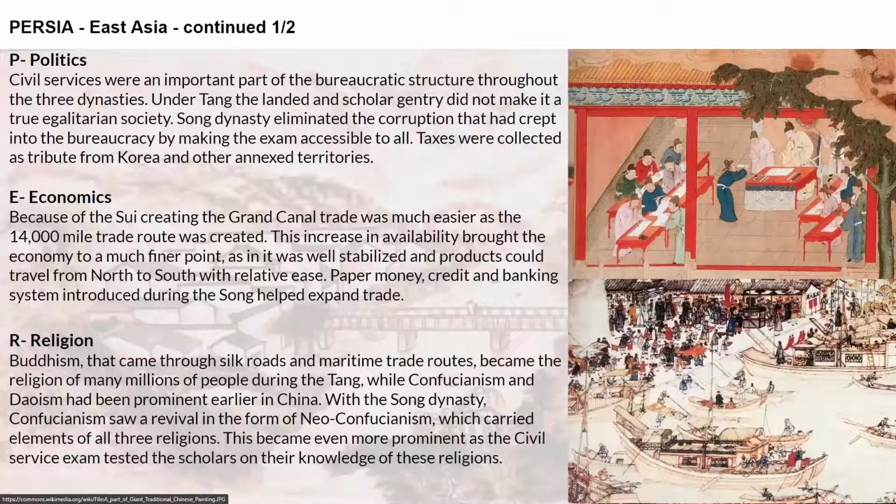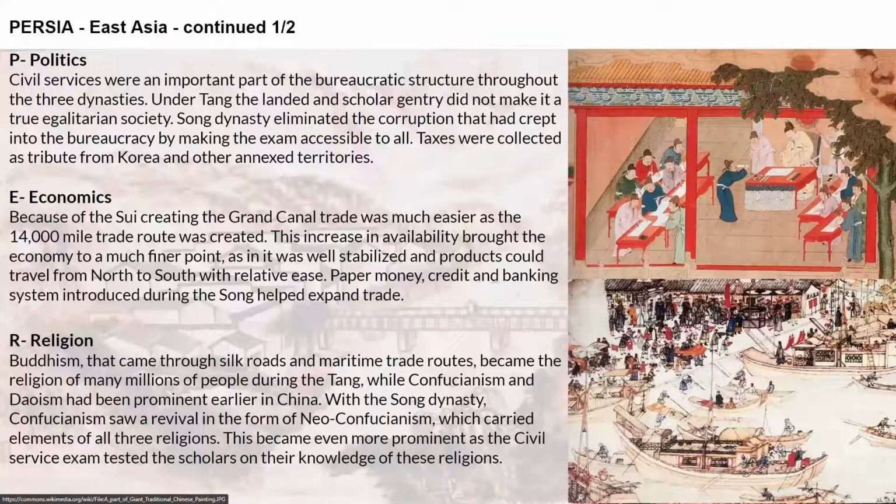And this leads us to Persia. P for politics. Civil services were an important part of the bureaucratic structure throughout the three dynasties. The Sung dynasty eliminated the corruption that had crept into the bureaucracy by making the exam accessible to all. This meant there was really no way to make it corrupt, because there was so much diversity. It would be almost impossible, because everybody that took the test and passed it was a part of that social